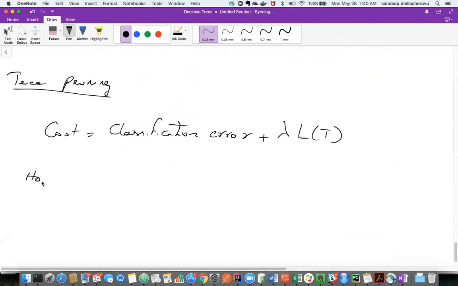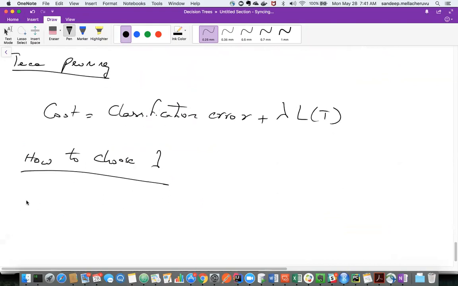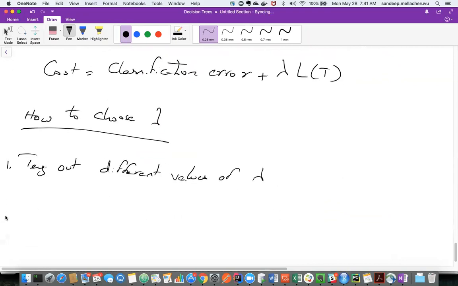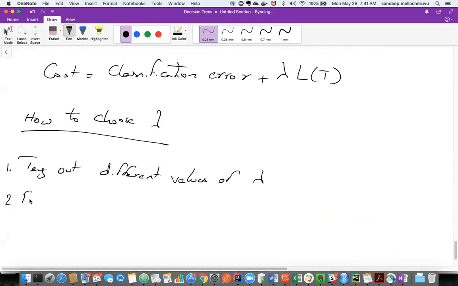How to choose lambda? Try out different values of lambda. For each lambda value: